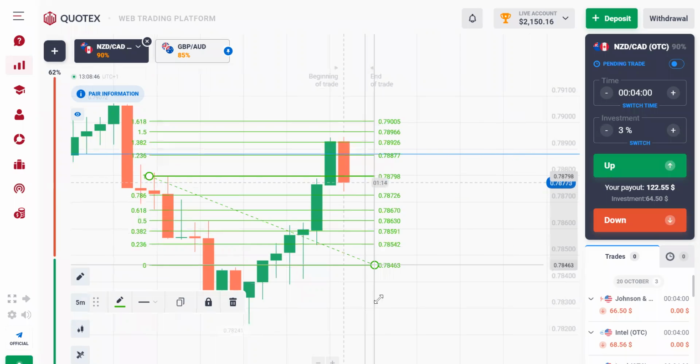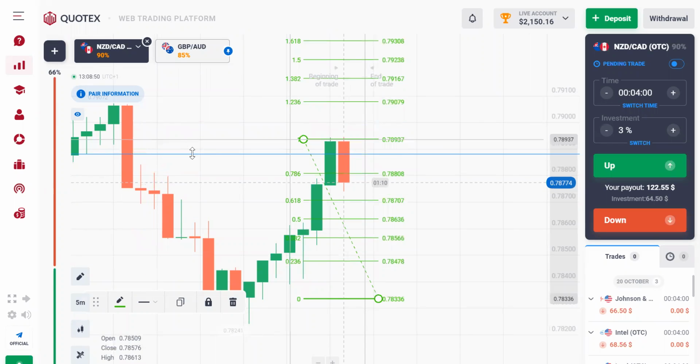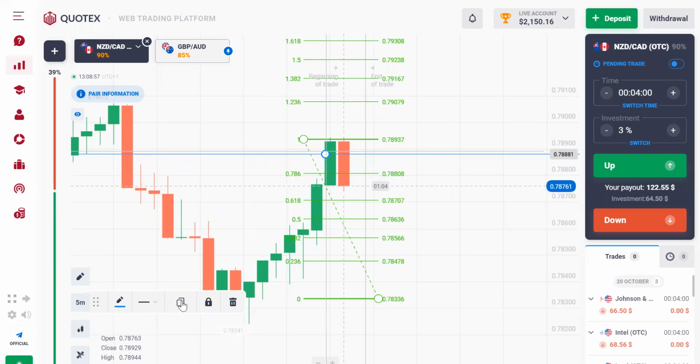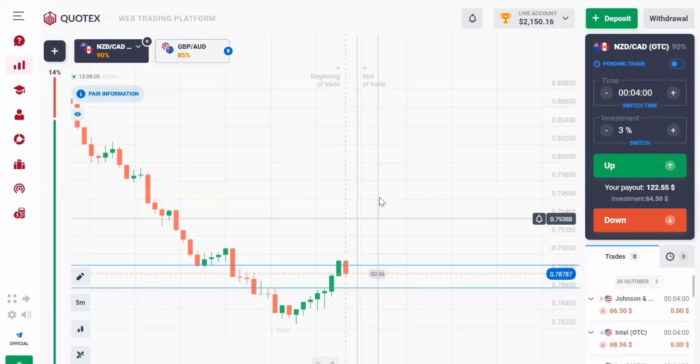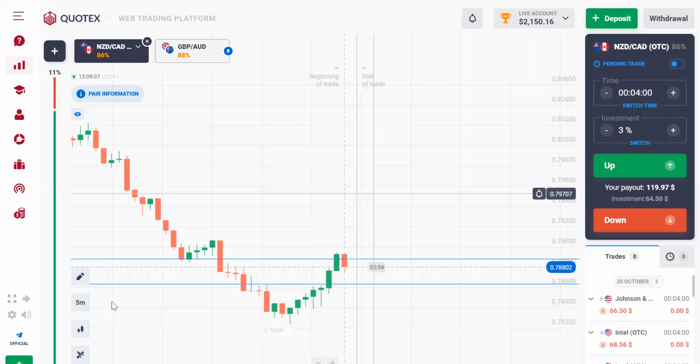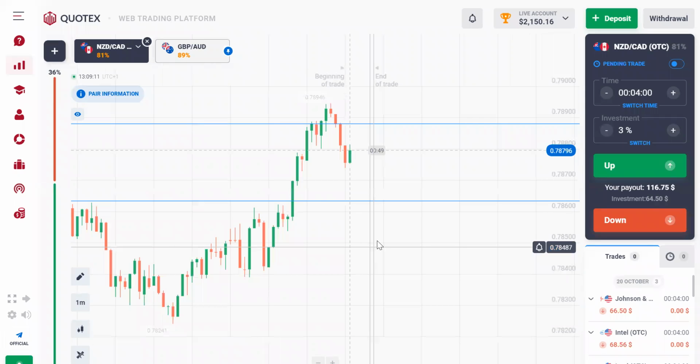If I measure the range from down here to this point, that tells me that the market should be selling to the 50%. Okay, the market is going to be selling to the 50%, which is around here. So that's where we might be expecting the market to reach for. So I'll be watching it with the 1 minute chart and see what it's doing.